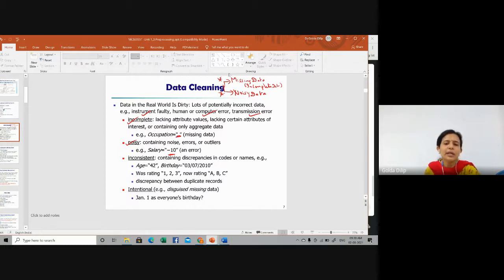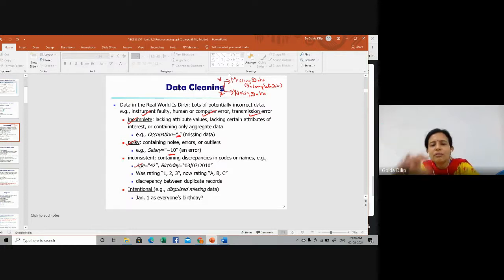Initially, when I say attribute, there are different types of attributes also. Simple attributes are there, then multi-valued attributes, complex attributes, derived attributes. All these things come as a part of your DBMS, database management system.